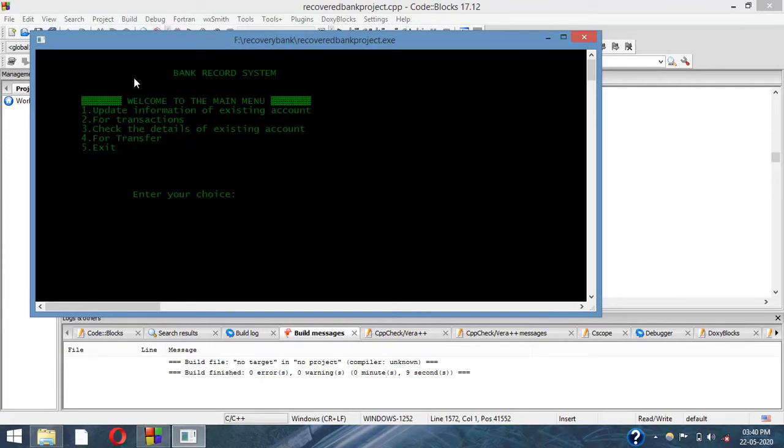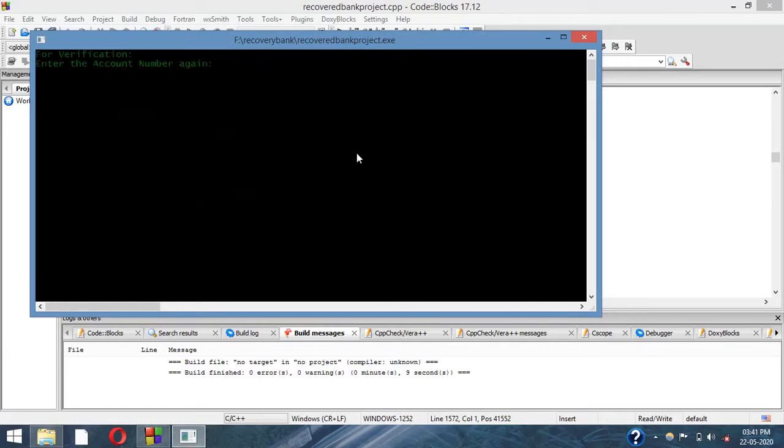And here are the functions which will be operating in this existing account, that is Anita's account. First we will see update information, second is transaction, third is check the details of the existing account, and fourth is transfer, and then that's it.